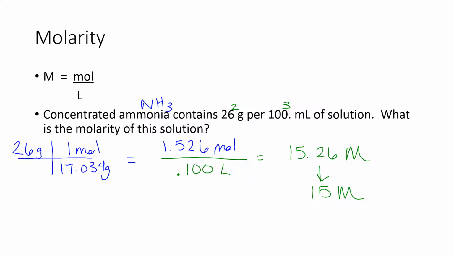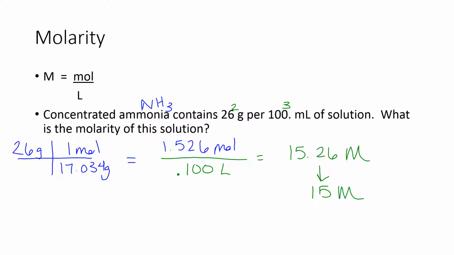For example, we have concentrated ammonia that contains 26 grams per 100 milliliters of solution. What is the molarity of this solution? Since we need moles, and we currently have grams of ammonia, we have to change into moles. Remember, for molar mass, the ammonia is NH3. That's one to remember. So if we have 26 grams of ammonia,